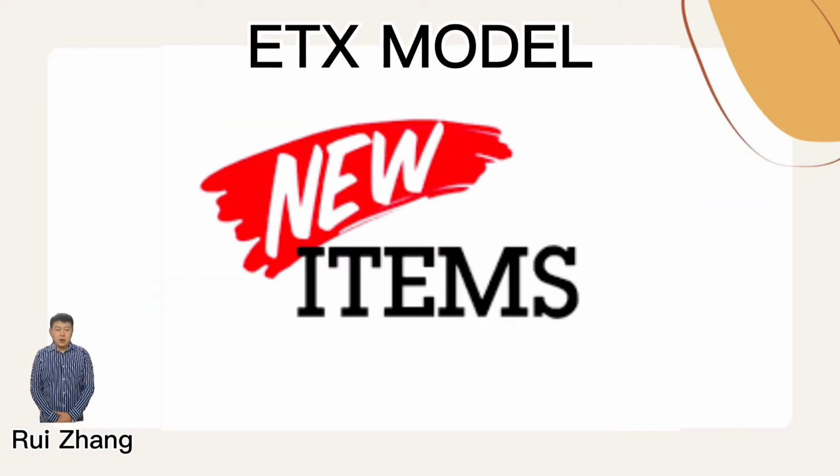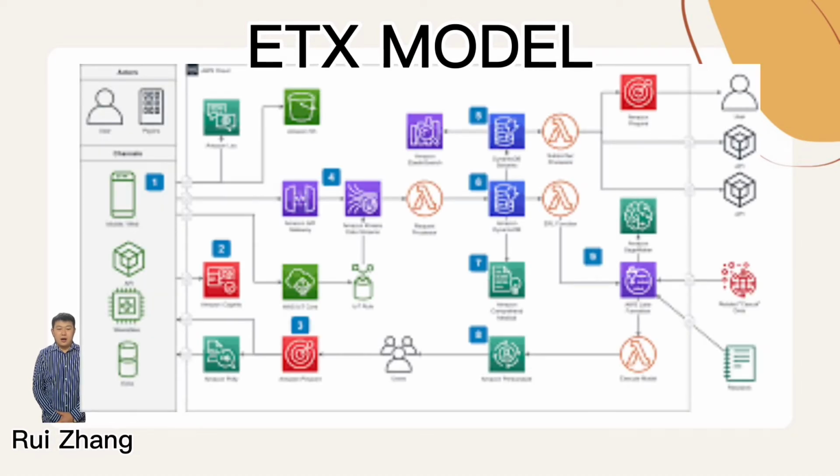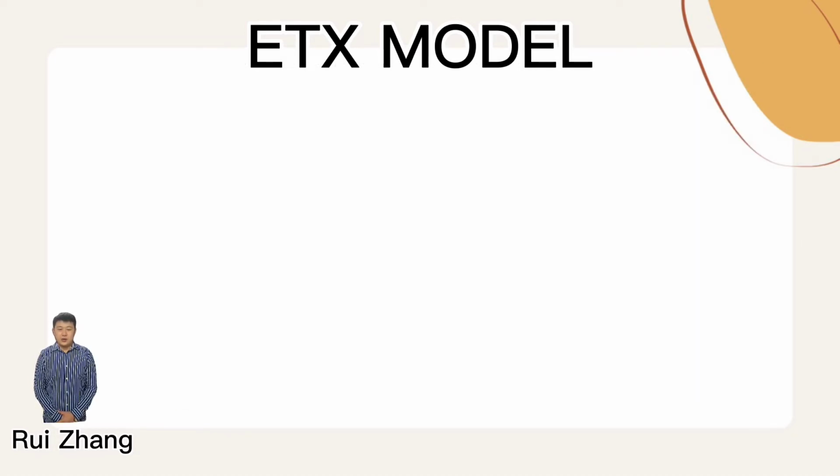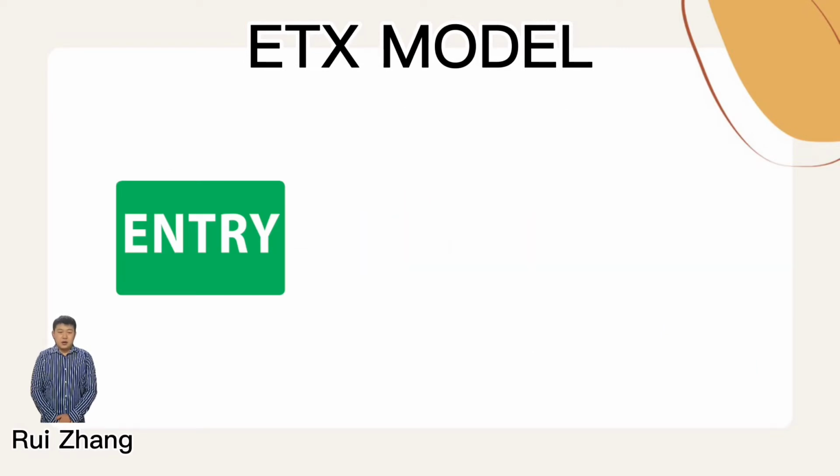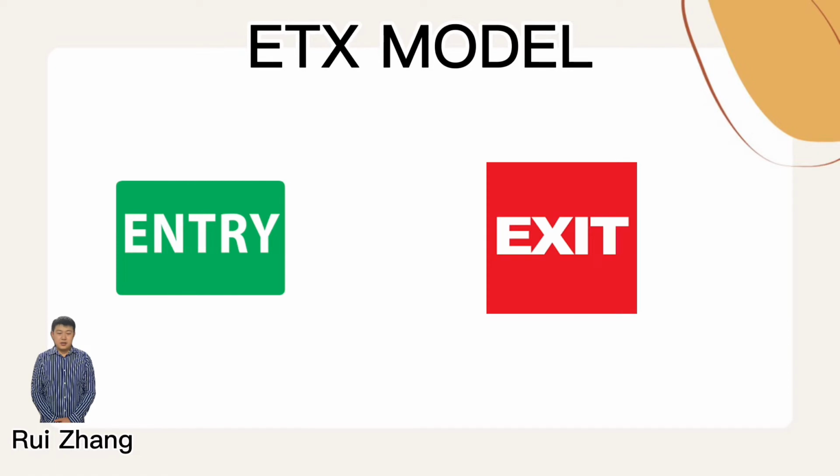The new items in the diagram are entry and exit. Entry conditions to be satisfied before the task is undertaken. Exit conditions to be fulfilled before the task is